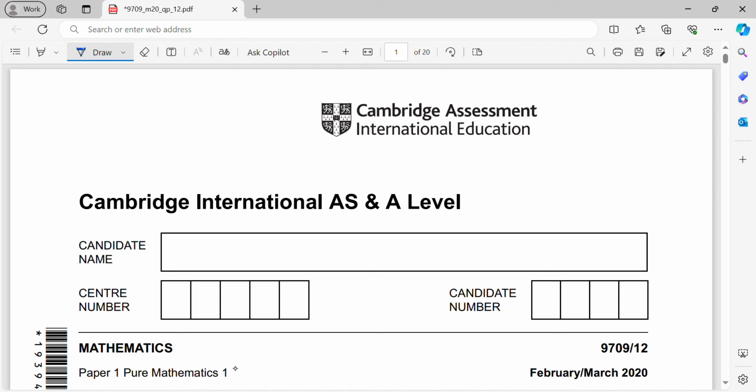This video is to discuss Cambridge International AS and A-Level Mathematics Paper 1, which is Pure Mathematics 1, for February-March 2020, and the code is